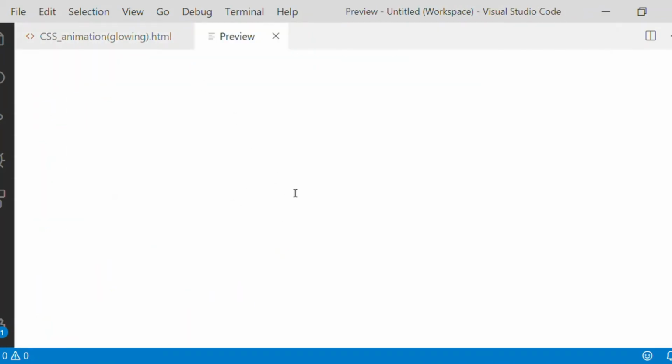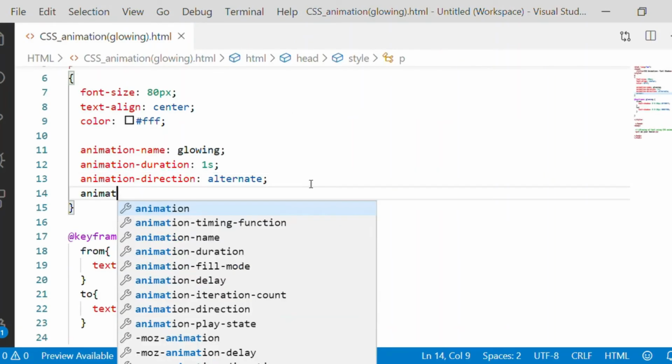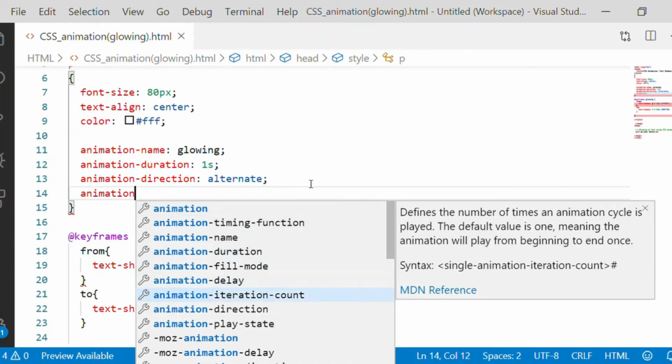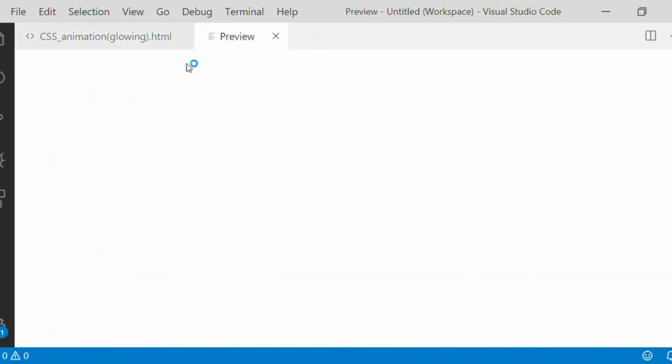Now, if you see, it has gone off immediately because we have given the duration of the animation as 1 second, and only once this glowing effect comes. So let us give animation iteration count as infinite so that it is in a loop and it keeps doing the same.